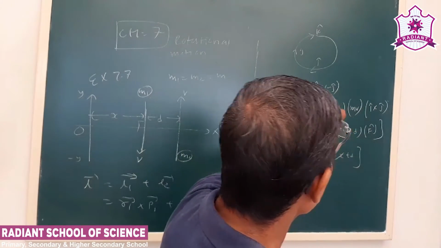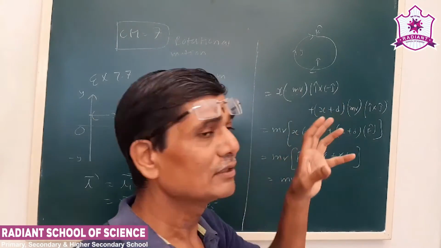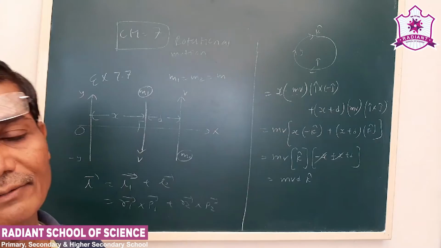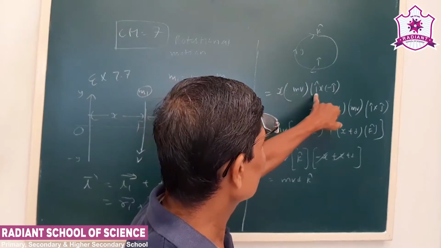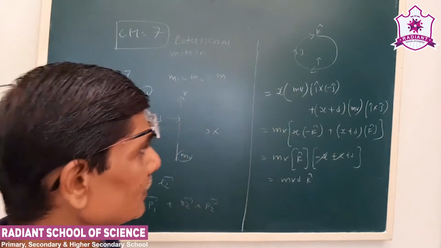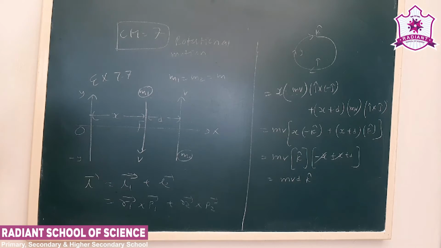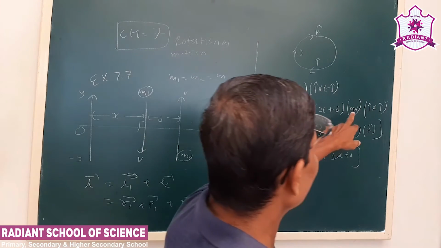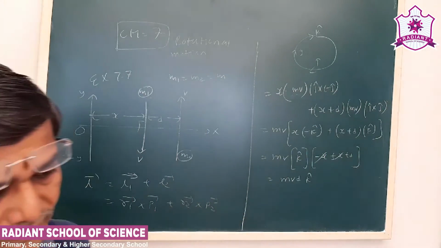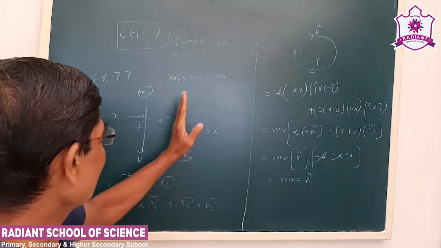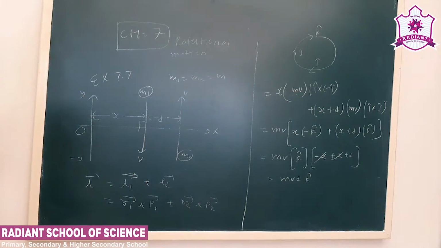This x is i caret, and minus mv, I have shown as minus j. So to get only the vector product, I take m and v separately, and x, so it is i cross j, which will be minus k, because of the negative sign. For the second particle of mass m and velocity v, mv, x plus d shows the distance, and it is in the positive y direction, so that is why it is j. Now i cross j is k.